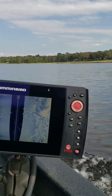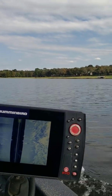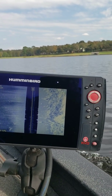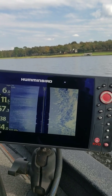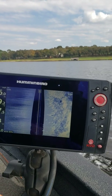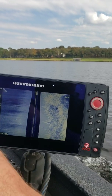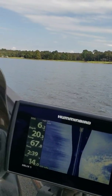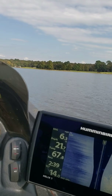Out in front of this first dock, there's a little bit of brush. It's a good spot. Should start dropping off here now that I'm going past that point, but see the grass extends out quite a ways right here. All right, so that's that. I normally don't go back up in there unless it's spawning season. Those boat docks can be good at times, but I normally skip all that and go over here to the golf course. And the golf course